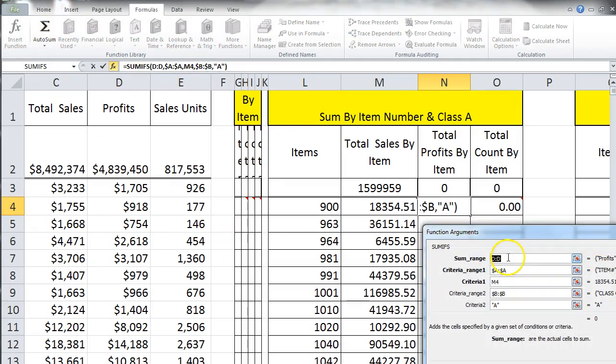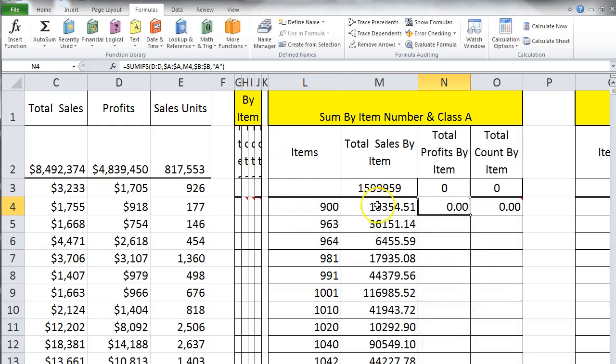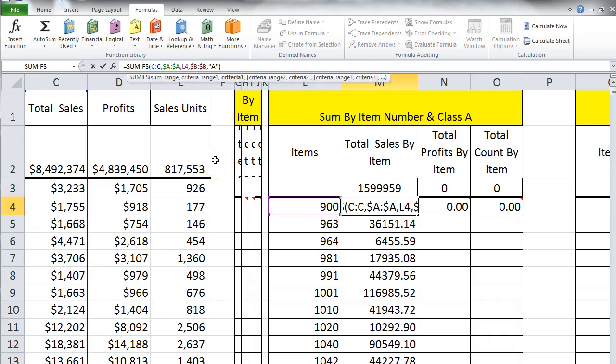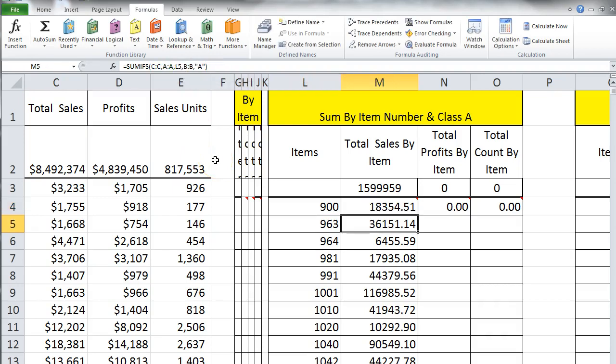Okay, so D is the sum range, that's correct. G is the criteria range, which was column A. Criteria is, it should be C shifted to M4, and we want L. So what I should have done here is, because we want L, the items, I need to put a dollar sign here to lock down that absolute. Okay, so if I pull this over,